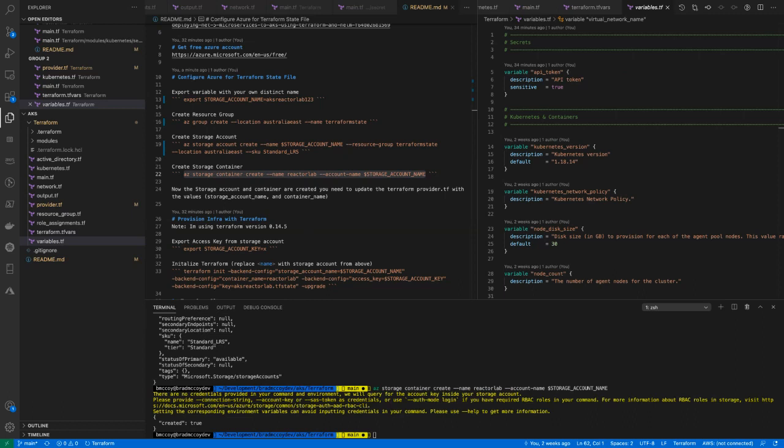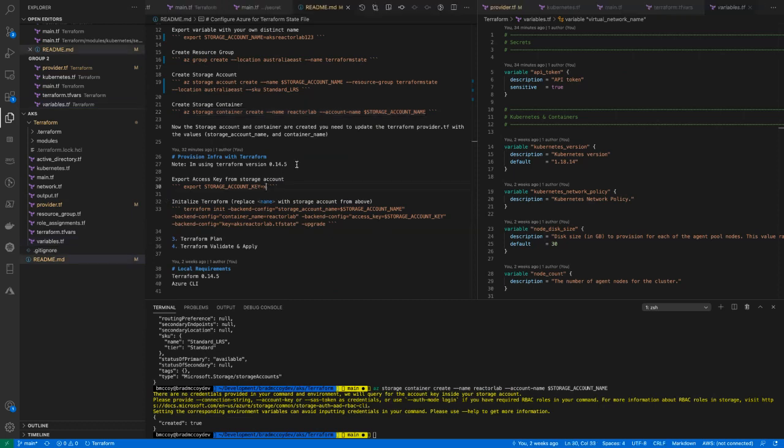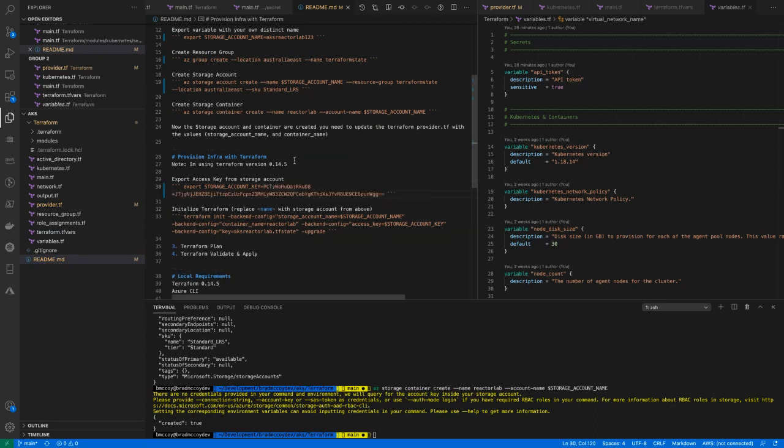And then, so now I've just got the access key. I'm going to put this on the screen because we'll be deleting it after anyway. So here, see I put export. Now we're going to come down here. We've already got the storage name as a variable. So this is the key that I've just got from the storage account. I went to access keys, show keys, and key one. It doesn't matter if it's key 1 or 2. So I'm going to export